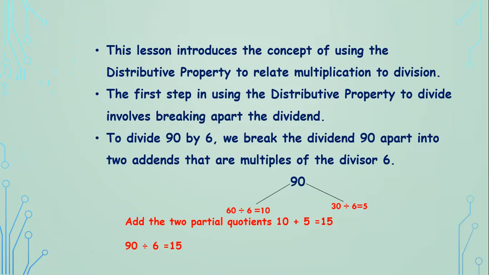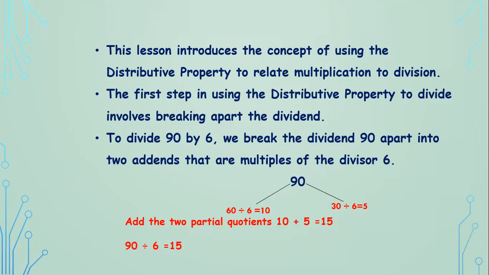So first we will review the vocabulary which we use in division. One is dividend, which is the number which we are dividing. Divisor is the number with which we divide. Then the quotient is the answer to the division, and the remainder is the number which we get after dividing.